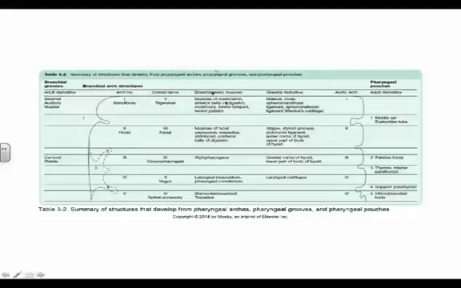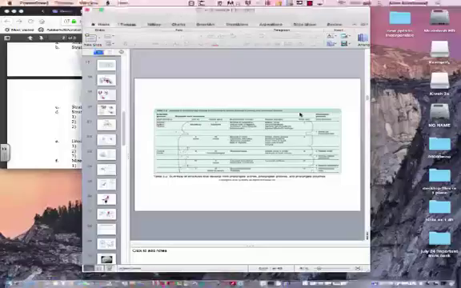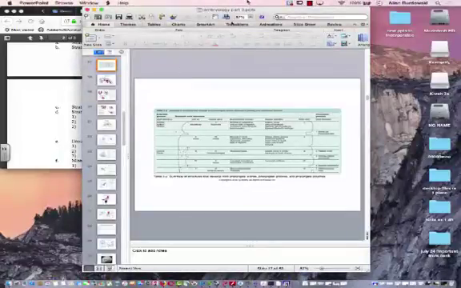Okay? It is the malleus and incus. Okay? And a cartilage called Meckel's cartilage. All right? This is where I'm going to stop. We'll finish this up on